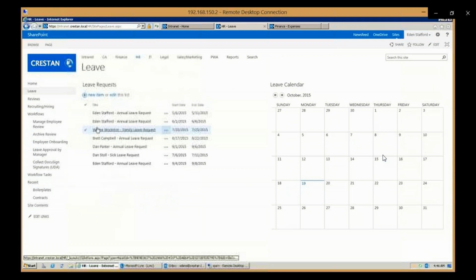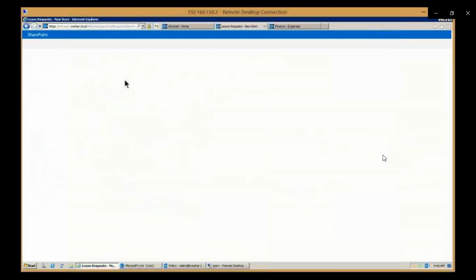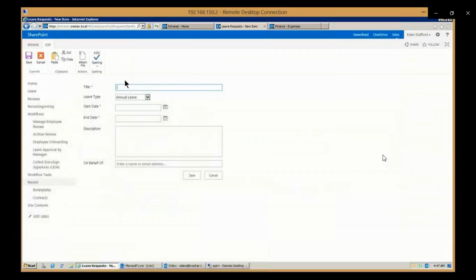So in today's example, we're just going to show you the end user experience first, then show you the workflow actually. So we're looking at a page with the list here. And then I'm going to write the calendar to show all of the approved items that are out there. So from an end user's perspective, what they're going to do is go out and fill out a form to create a request, kick off the process.